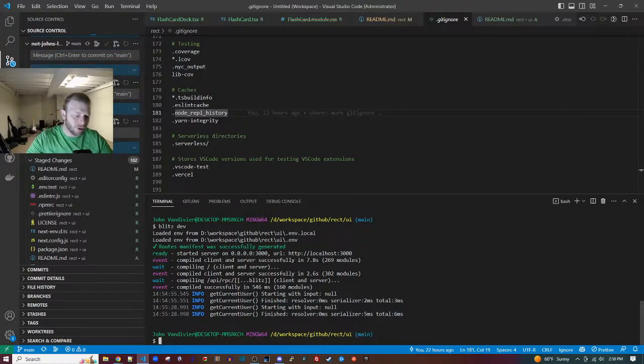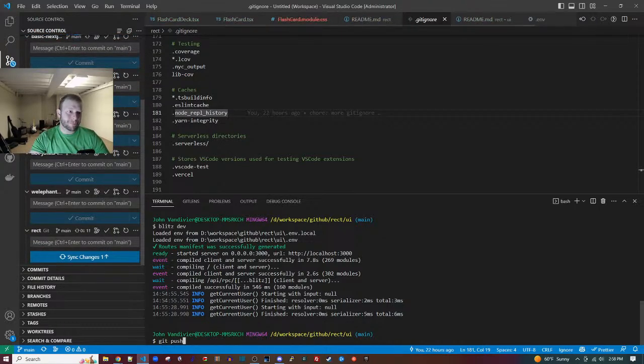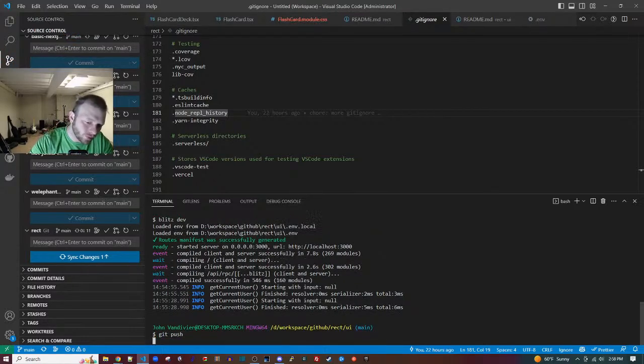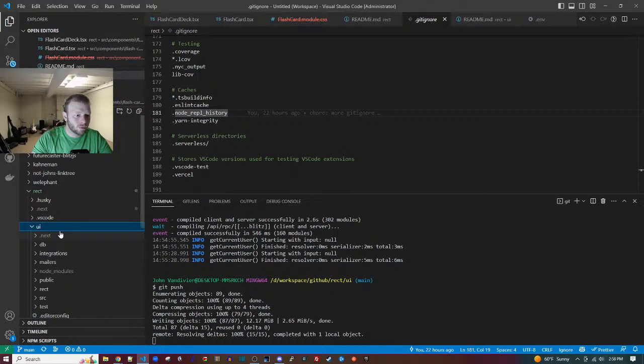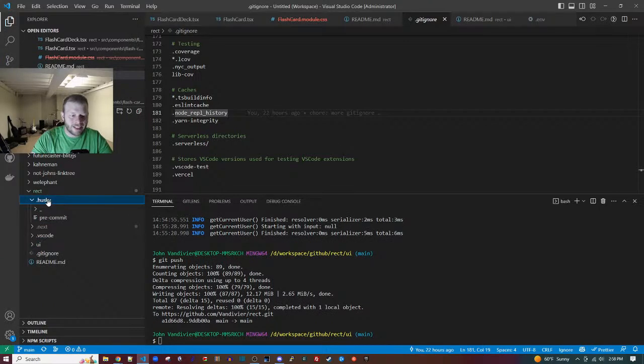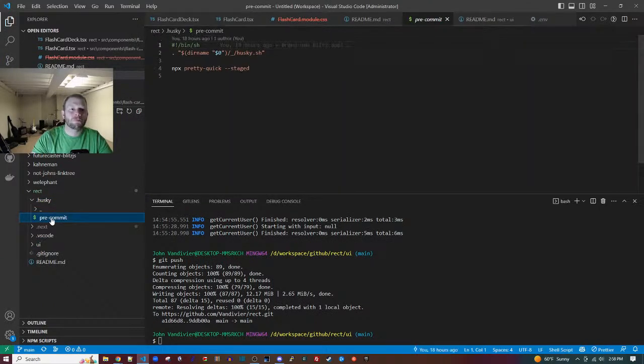All right, we'll commit that, we'll push it. You can see up there at the top, it's processing slow. Looks like the Husky hook didn't stick. The pre-commit didn't run.